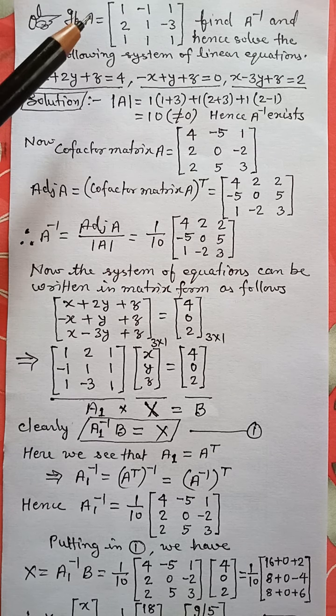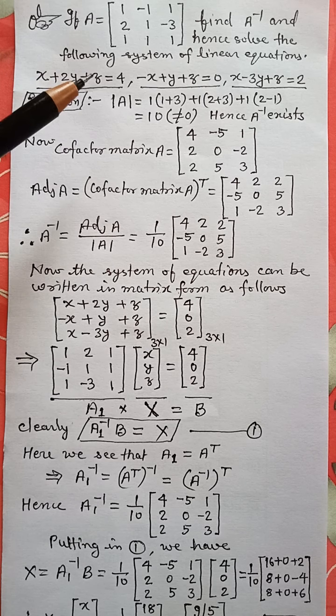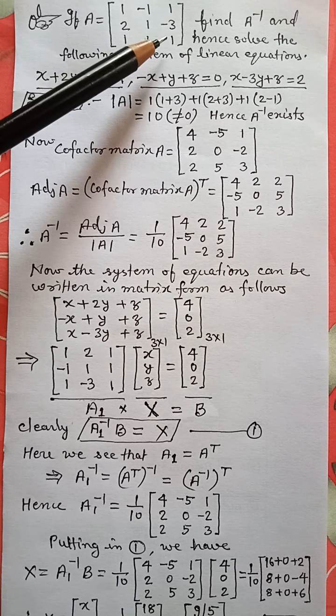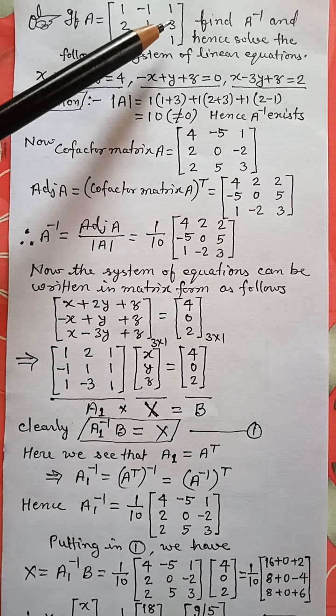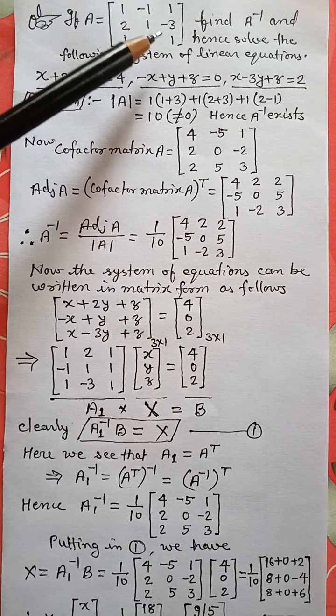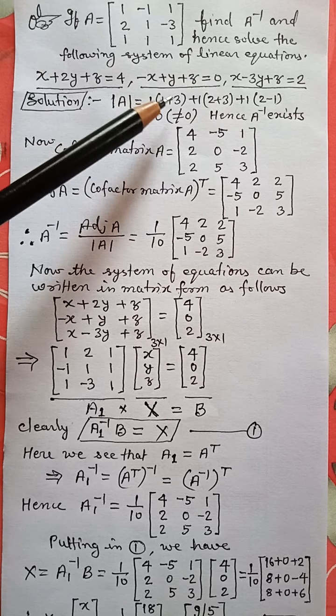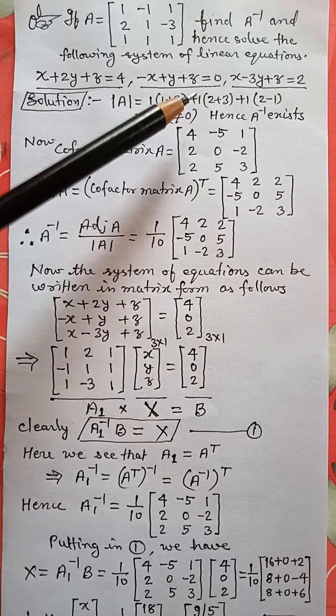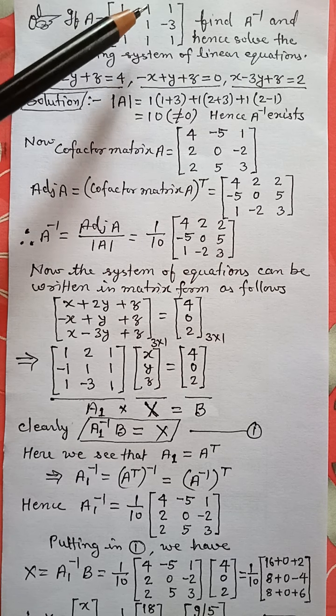Now, let us check whether A is singular or non-singular. That means let us find out the determinant value of this matrix A. Now, the determinant of A is nothing but 1 multiplied by the cofactor, 1 multiplied by 1, that is 1, and 1 multiplied by minus 3, that is minus 3. That means 1 minus minus 3, that is 1 plus 3. Similarly here minus 1 and the sign is minus, therefore it is plus 1 and multiplied by its cofactor.